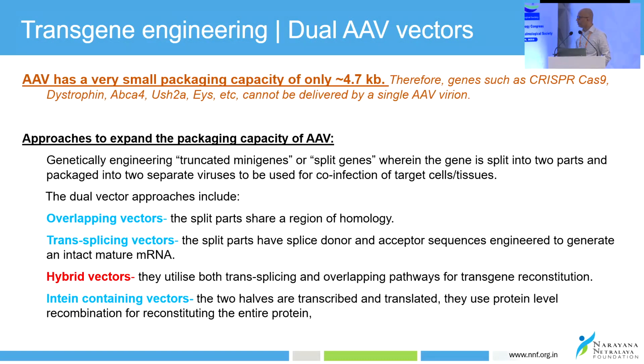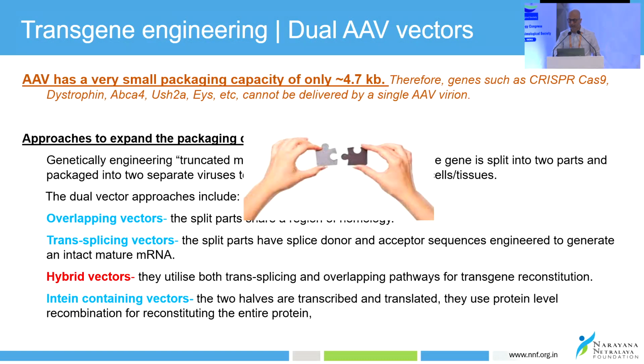It's called the dual vector strategies. You have overlapping vectors, trans-splicing vectors, hybrid vectors, and ITR-containing vectors as well. Today I'm going to show you an example of what we do with hybrid vectors, for which ARCO has the